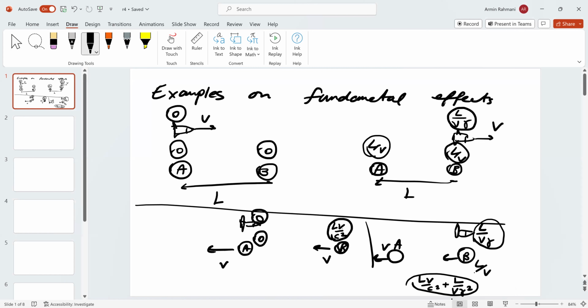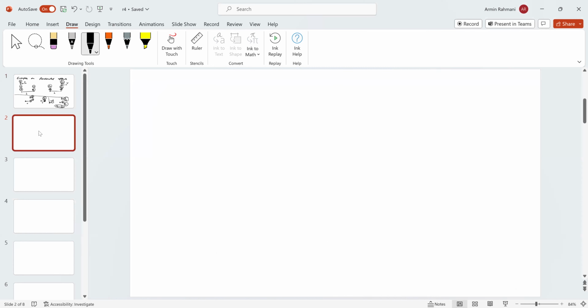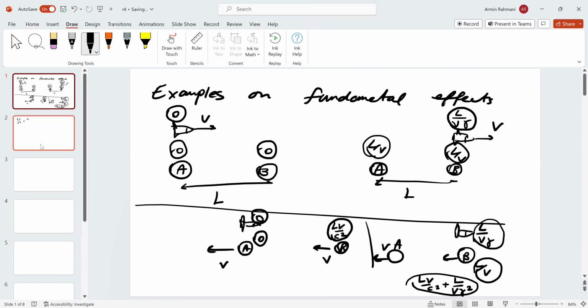So is that the same as L over V that we concluded from analyzing the situation in the frame attached to planet B and A? So let's see. Let's work that out. So what we have here is LV over c squared plus, was it, L over V gamma squared? Yeah, L